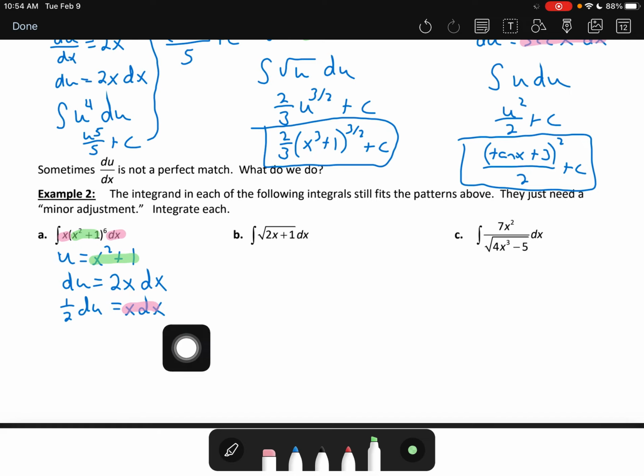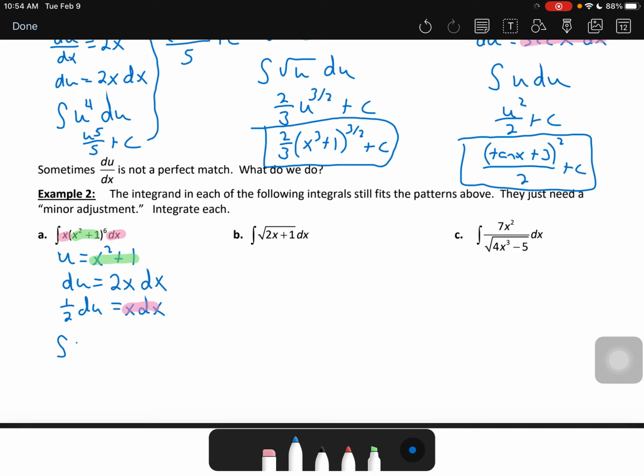So I'll have, let's think about this. The x squared plus 1 gets replaced with u, so I'll have u to the 5th in there, and then the x dx gets replaced with 1/2 du, right? And the 1/2 isn't a big deal. That can just get pulled right out in front of my integrand, right? So when I rewrite this, I have